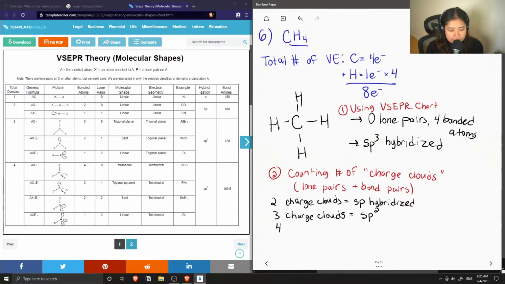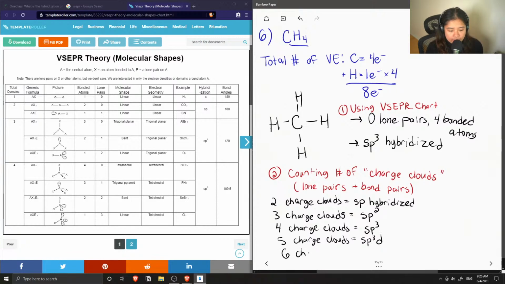And when we have 4 charge clouds, like in our example, then it's sp3, and 5 charge clouds, sp3d,